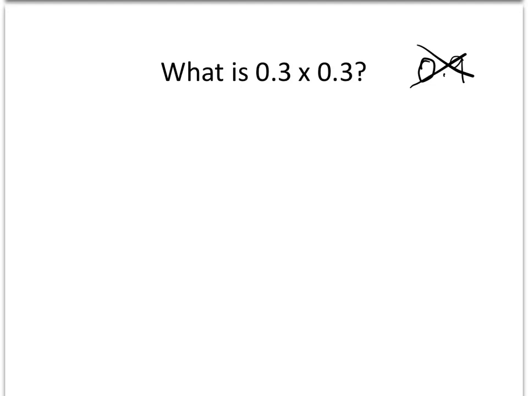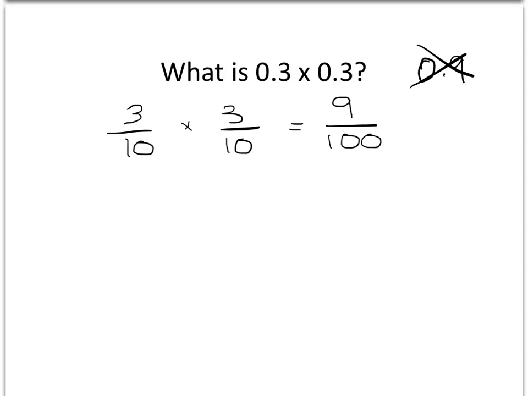Let's think about what we've learned in fractions so far. We know that 0.3 is the number 3/10, so I'm going to write it as a fraction, 3/10. If I multiply 3/10 times 3/10, 3 times 3 gives me 9 as a numerator, and 10 times 10 gives me 100 in the denominator. That gives me 9/100ths. Well, 9/100ths as a decimal is actually 0.09, so I need 9 in the hundredths column. So that means the answer to 0.3 times 0.3 is